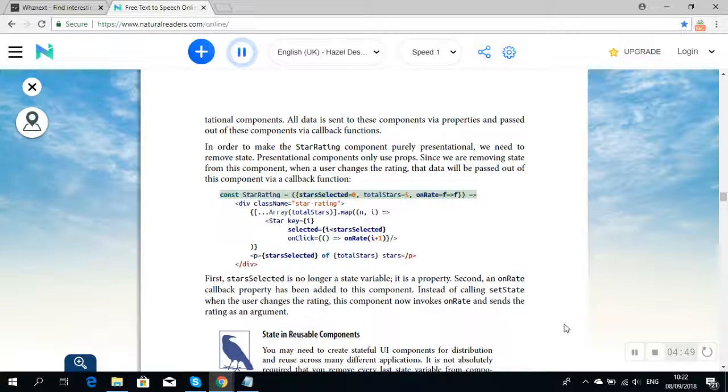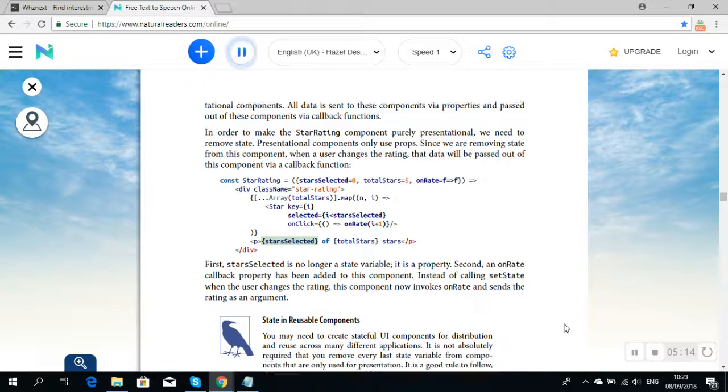const StarRating = ({starsSelected = 0, totalStars = 5, onRate = f => f}) => <div className="star-rating"> {[...Array(totalStars)].map((n, i) => <Star key={i} selected={i < starsSelected} onClick={() => onRate(i + 1)}/>)} <p>{starsSelected} of {totalStars} stars</p> </div>